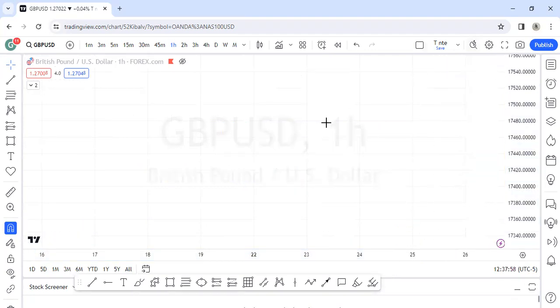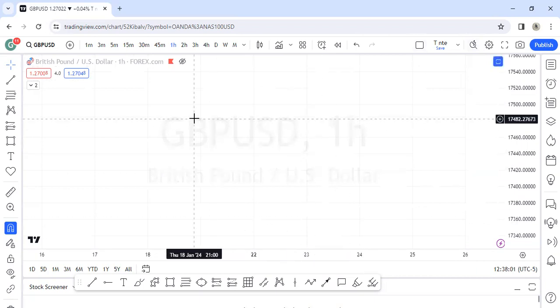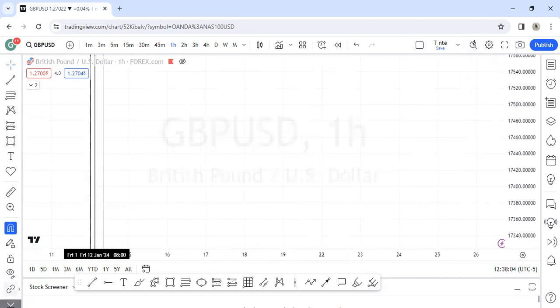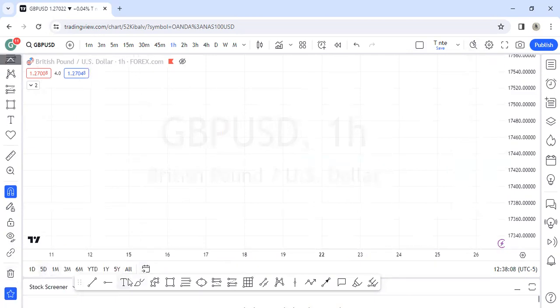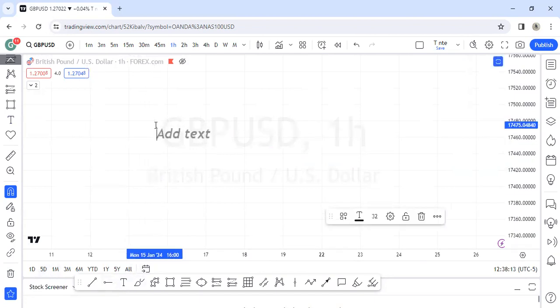All right, let's talk about internal and external liquidity. When we're talking about internal and external liquidity, we are referring to a very simple concept. What is liquidity? We have two liquidity definitions. From the fundamental aspect, we refer to liquidity as the amount of movement in the market, like money involved in the market. But from the technical perspective, the chart perspective,